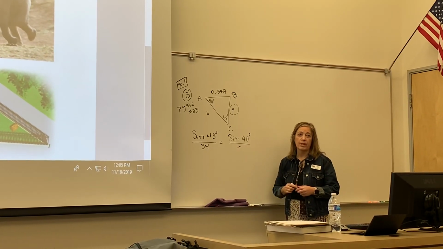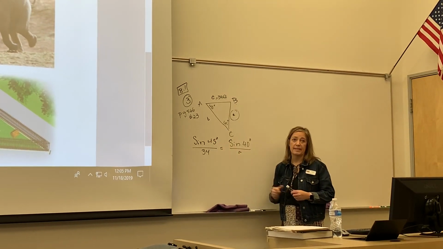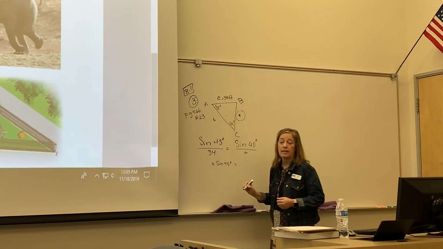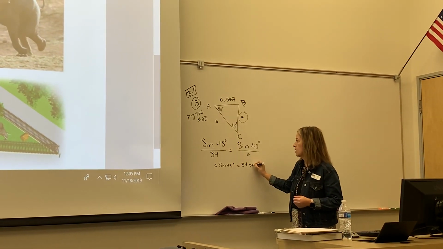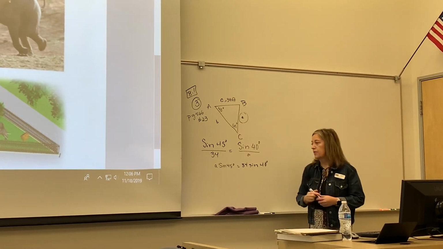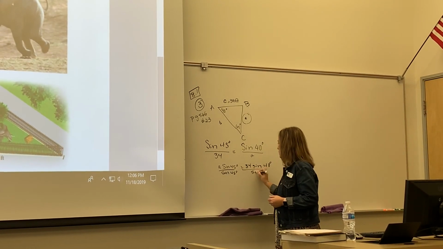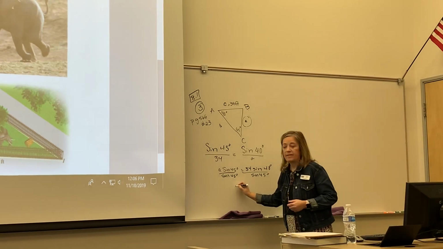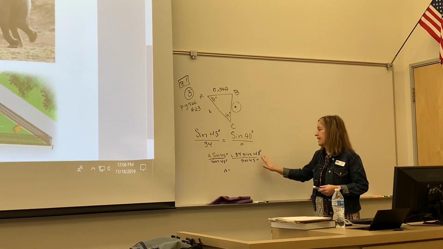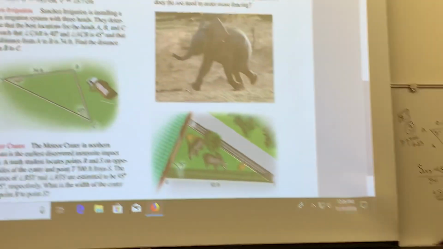To solve for little a, we're going to use cross multiplication. So we're going to take this side times this side. So you get little a sine of 45 degrees is equal to 34 sine of 40 degrees. Now solving for little a further, then we're going to divide both sides by the sine of 45 degrees. Okay, and then at this point, little a is going to equal all of this right here. So what you can do is you can take this right here, plug it into your calculator, and then it will tell you what little a is. So when you get